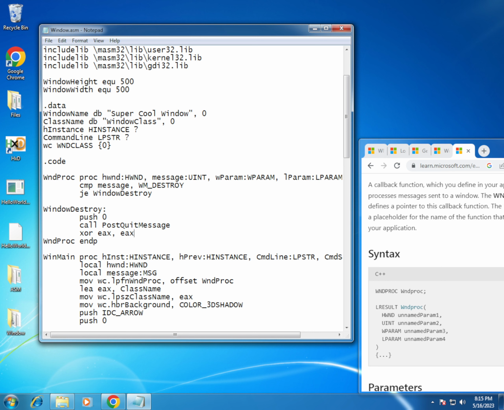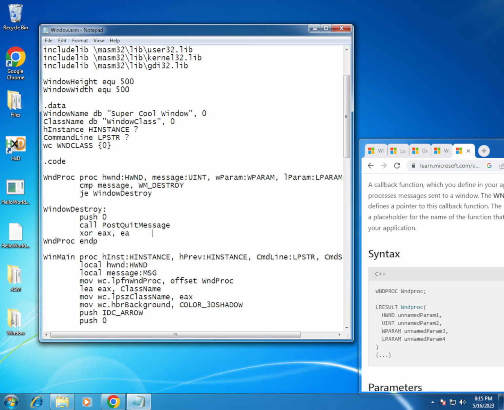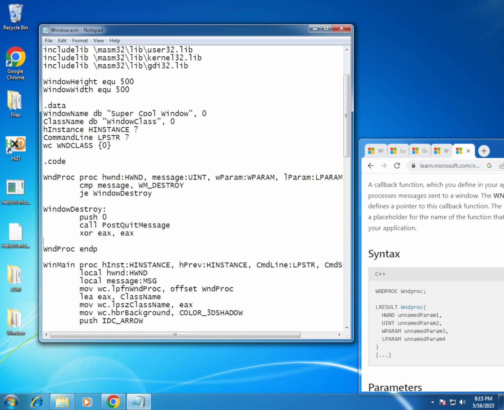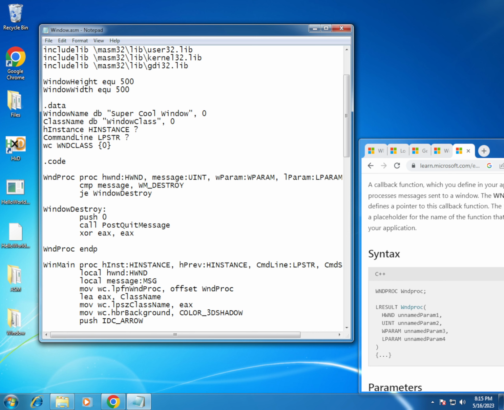In fact, sometimes people do something similar where they do and EAX, or they can do or EAX, and this is just a NOP. That's a multi-byte NOP, because the NOP instruction is normally just 1 byte. It won't even affect any of the registers or any of the flags, so that's good. But anyway, now we just do return,